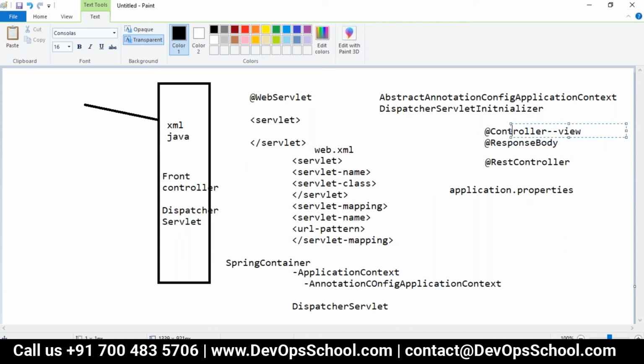The name is for controller we use... maybe we'll use controller or... I'm not getting what is the tag name which we will be using.